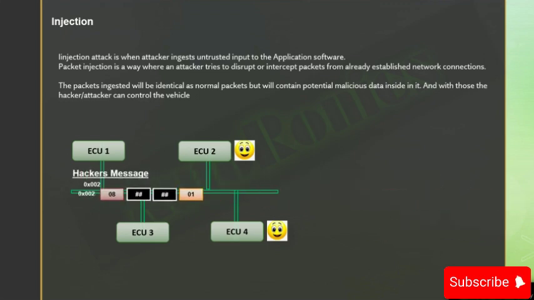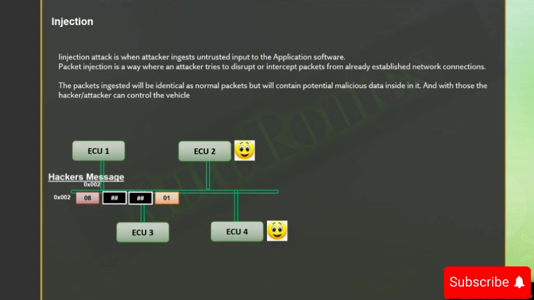So if he is publishing here, the ECU will access the message, but the values are harmful to it. So this way also he can hack some of the functionalities in the vehicle. But for this, he needs to take away the original message that is coming out from the ECU, and then he can pass through the values which he wants to ingest into the application software. So there is no duplication here. If you compare with the previous one, we are sending the messages 2 different times, with 2 different values, 2 different arbitration IDs, so that either denial of service or fuzzing can happen. But here, the message is sent only once, but inside the message we have the change in bytes which can cause an attack.